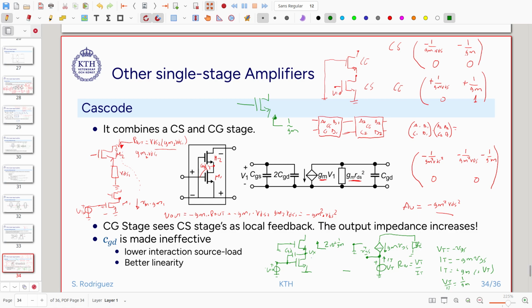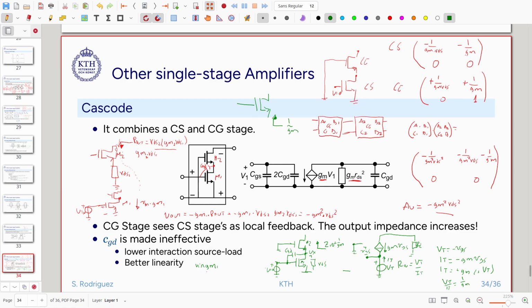In this direction here down I will have RDS, and RDS is much larger than 1 over gm, so the total gain that I will have from the input to this node Vx will be approximately, so we have Vin gets converted into current, gm1, we call it M1 and this M2,